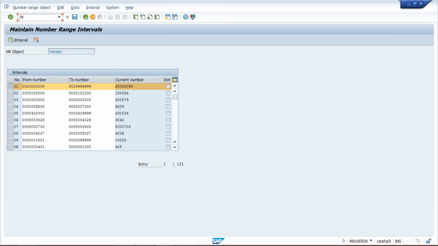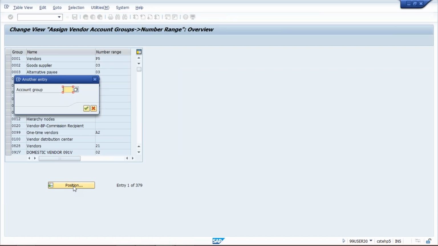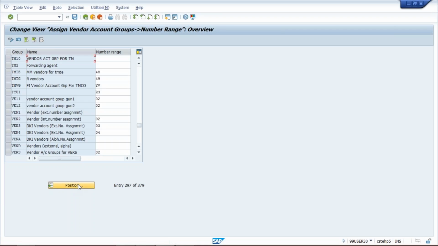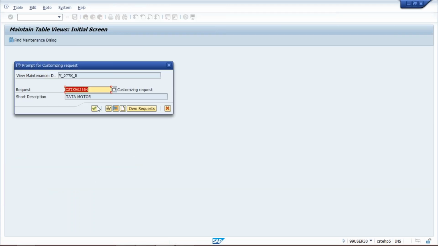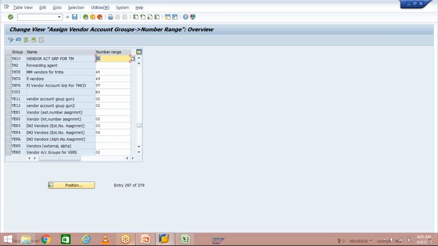OBAS is the transaction code by which we can link this number range with our account group. So here click on position and give your account group, and in front of this account group give the number range 01 and then save it. Save this. So now the linking we have done,